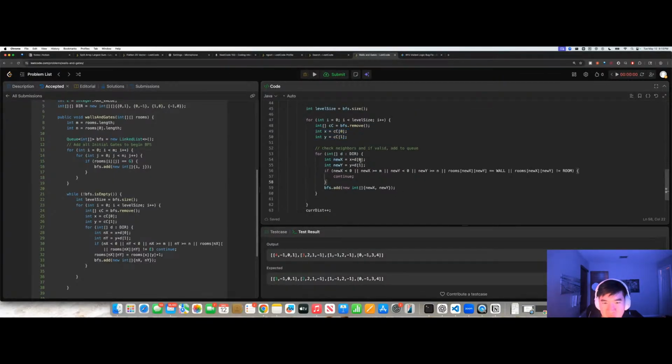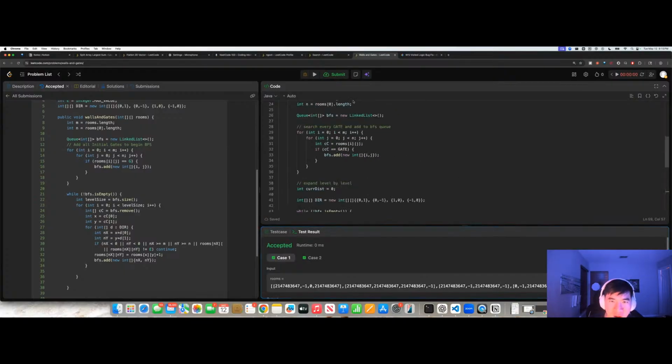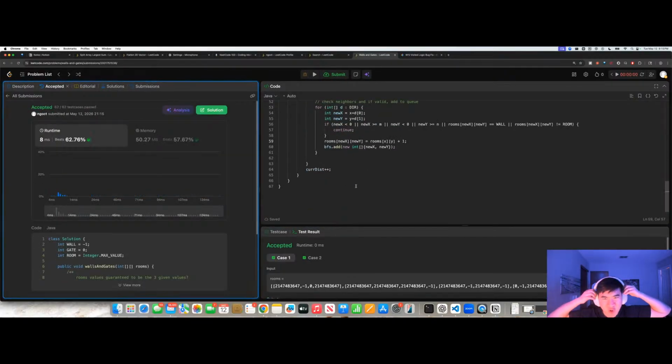So only when we're able to add the parents, we want to do basically rooms at index new x, new y is equal to rooms at index the current x and the current y plus 1. So, wow, such a small fix, but it